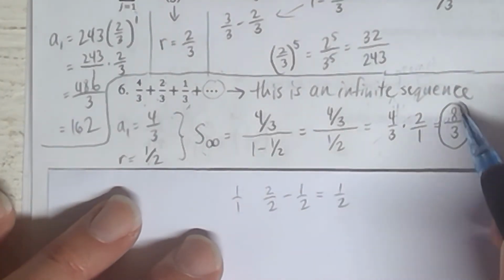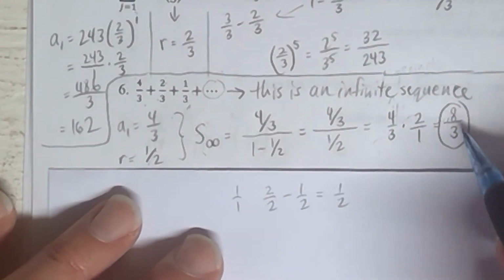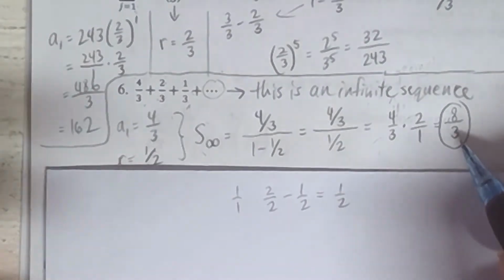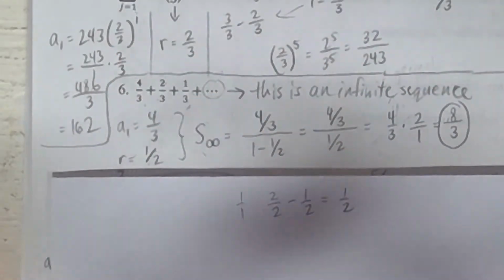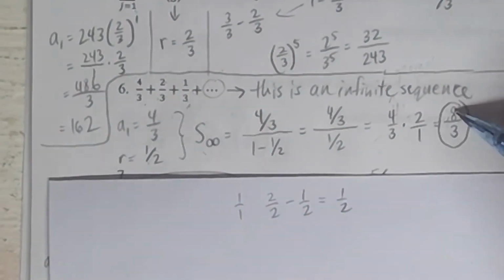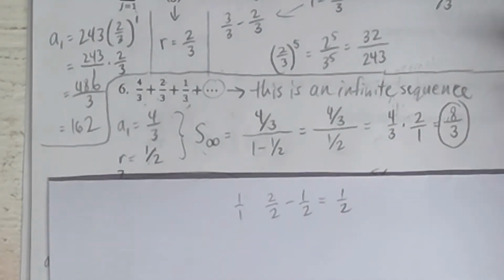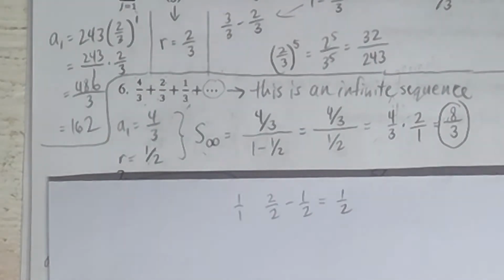And so that's why it's not a surprise that the answer eventually converges to something, because as those numbers get really small, you're going to get really, really close to 8/3, and then eventually you're not adding hardly anything at all. And so the 8/3 is where you end up when you eventually get to the numbers that don't contribute anything at all. You're not adding anything at all. So